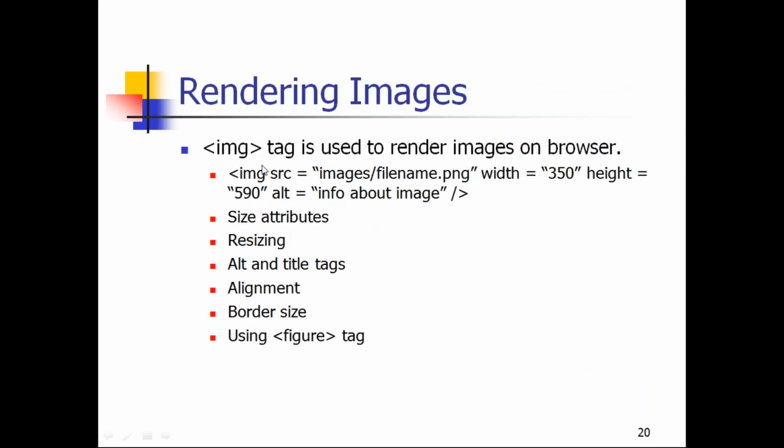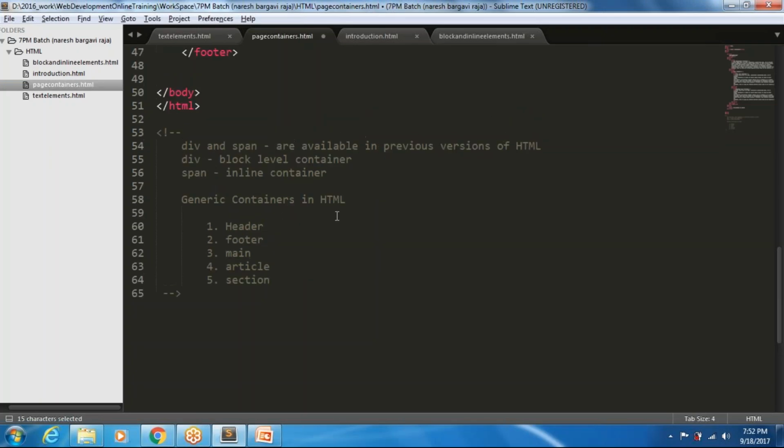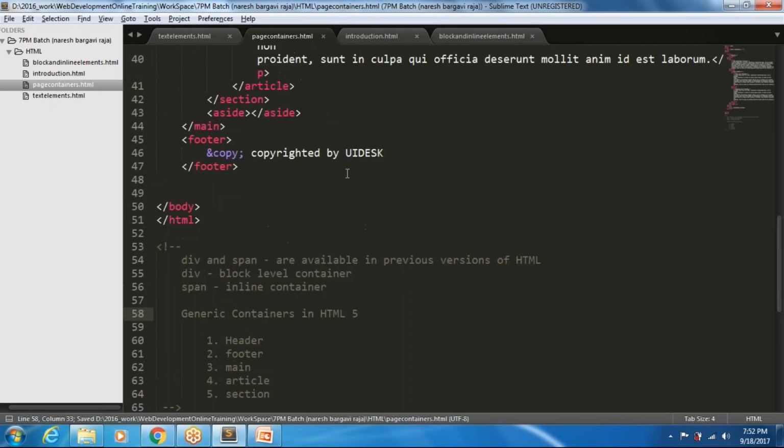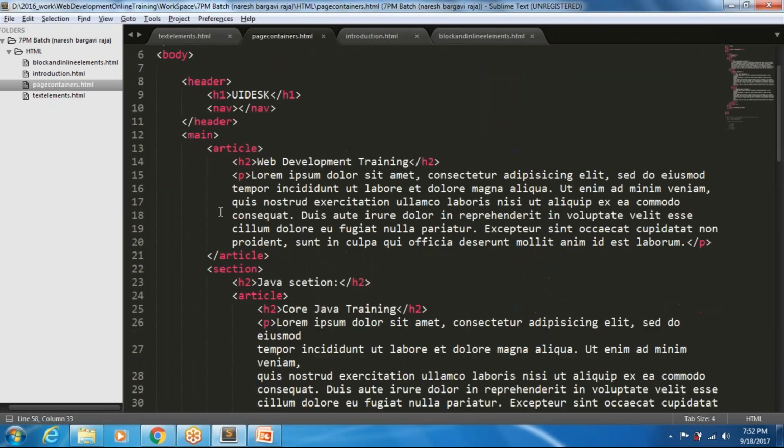Okay, next we'll see how to render images on your web page. Hope you understand the containers, what kind of containers we have. Generic containers in HTML5. So if you want to place, instead of all these things, you can place something called a div